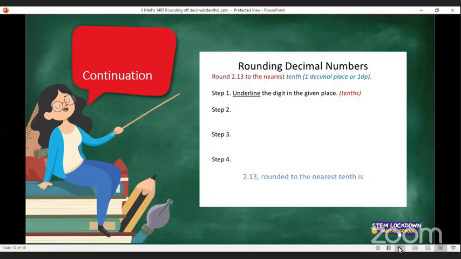All right, so rounding decimal numbers. It says here round 2.13 to the nearest tenth, one decimal place, or you can write 1dp, which means one decimal place, right? So step one is you underline the digit in the given place, right? So we're looking at the